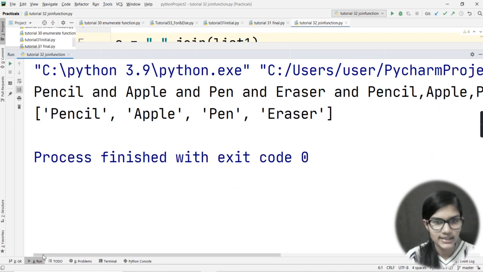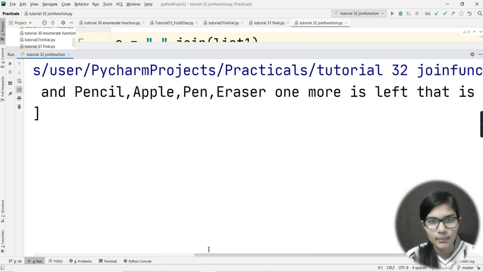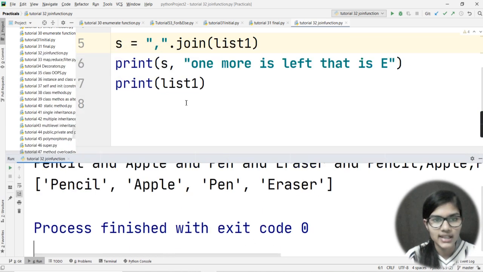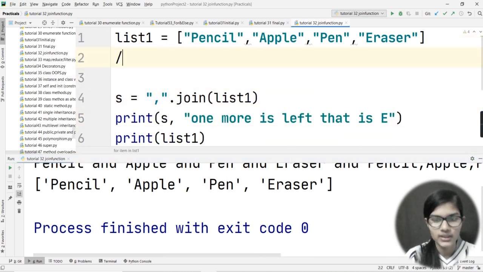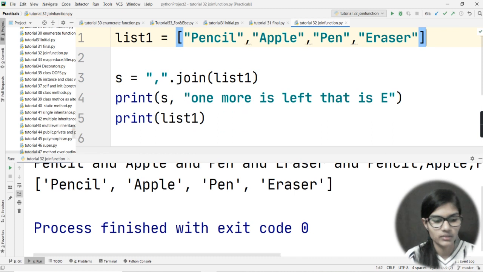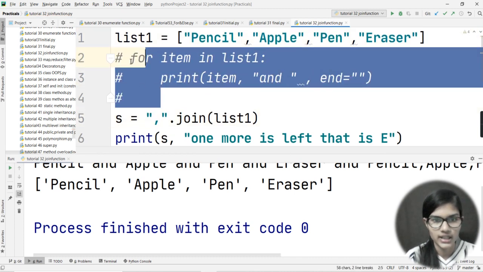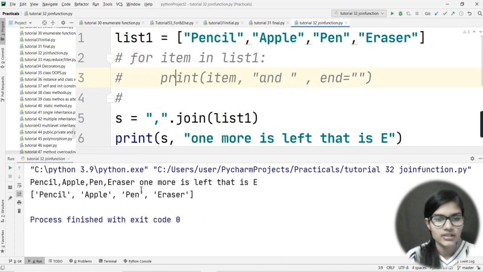When I'm using this pen and pencil and apple and pen eraser, then one more is left. Okay, what I need to do here is comment the above thing. Okay, let's comment this one. I'm sorry, I need to comment this one. So let's do that. Okay, fine. Now let's run it once. Okay, so now just see the output.